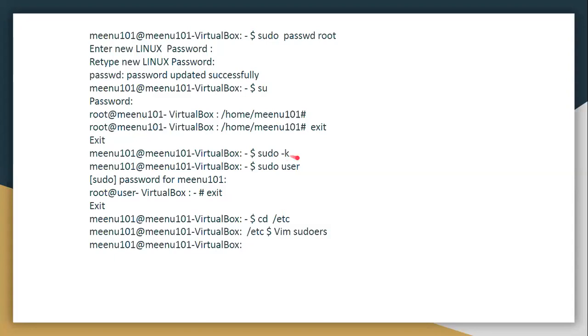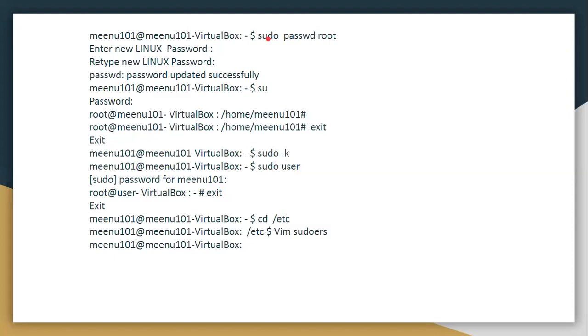So with sudo -k, everyone who sits on my Linux terminal and uses this command sudo su will be asked for the password. It cannot move directly to my root account. Clear? So this option is for avoiding directly moving from one shell to another without asking for a password.